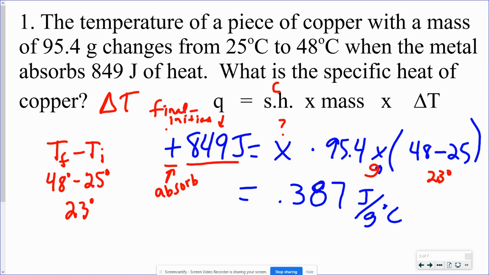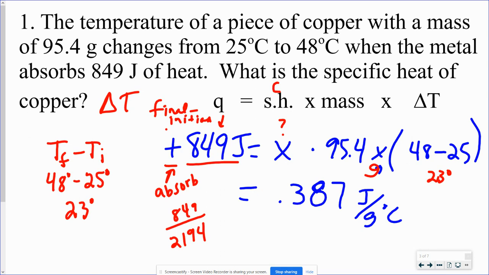And so if we multiply 23 times 95.4 and we divide that over to the other side, so 849 divided by 2194, we come up with